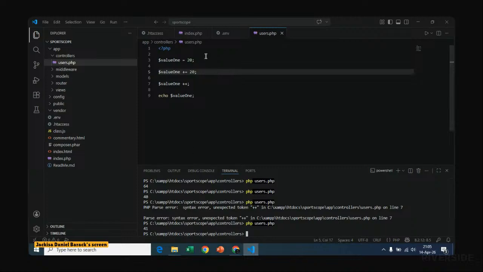So what PHP does, and what you'll always see in PHP, especially when you're debugging PHP, will join